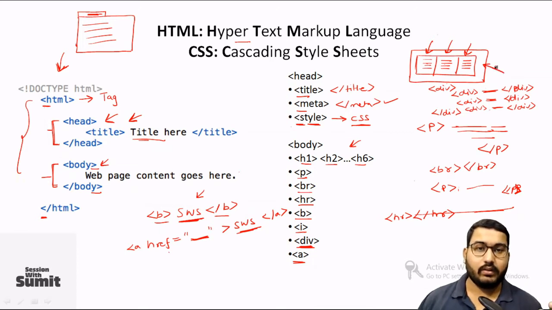So all those functionalities can be easily implemented using your style tag, which will have all the CSS code and the commands. So this style tag is added over here, and over here we need to provide all the CSS related code so that we can format various elements in the web page. So this is all about the basics.